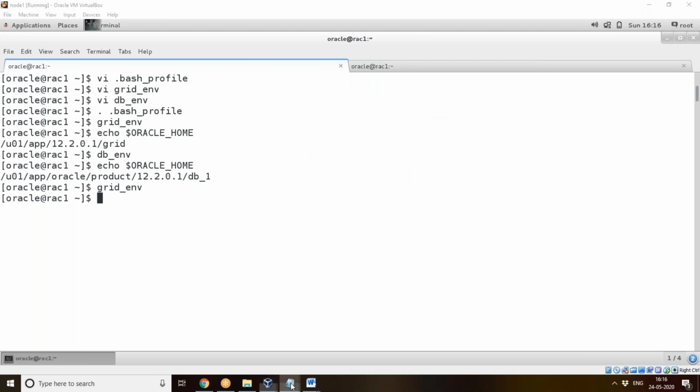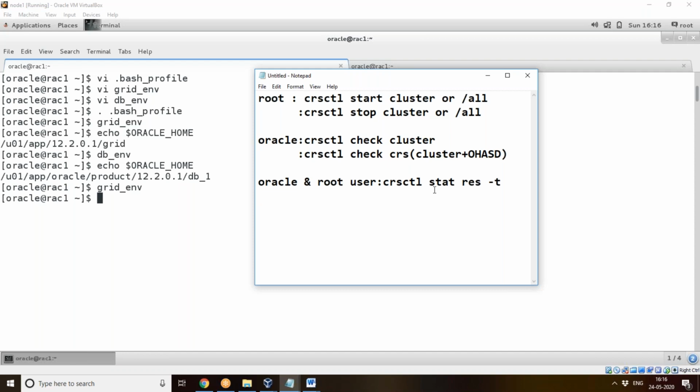First I'll run the environment as an Oracle user: . oraenv, ASM1. This is the ASM instance, and I can go inside and check crsctl status resource -t. Like this I can check.